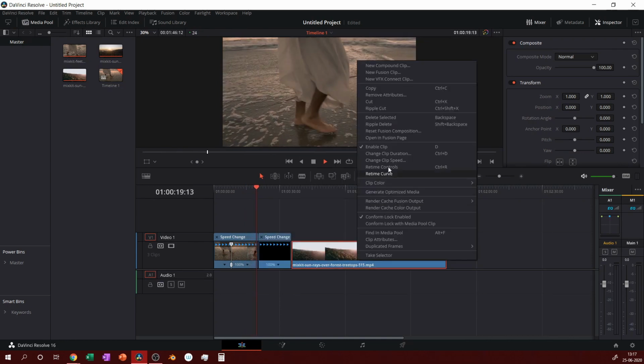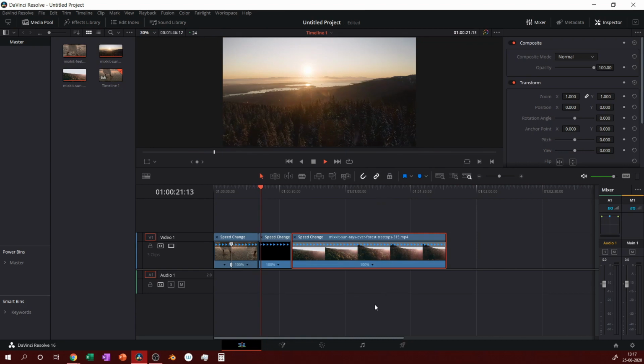And right now I'm enabling retime controls for all the other clips as well. Alright, let's put a speed point here. One more right at the end.